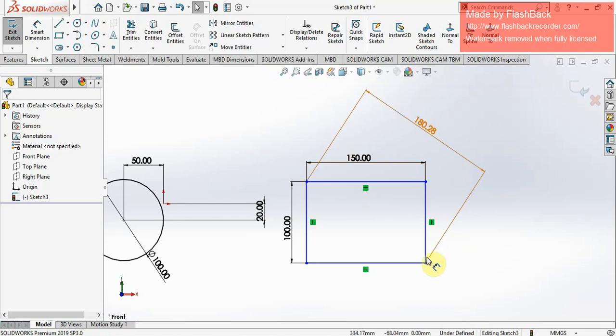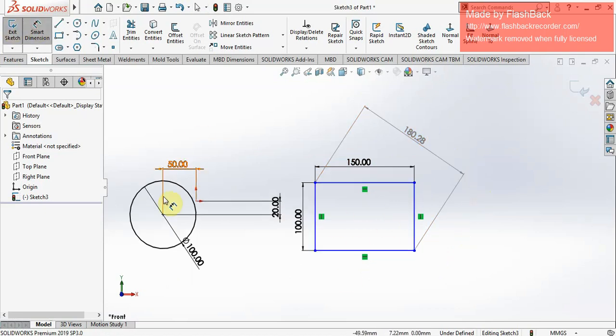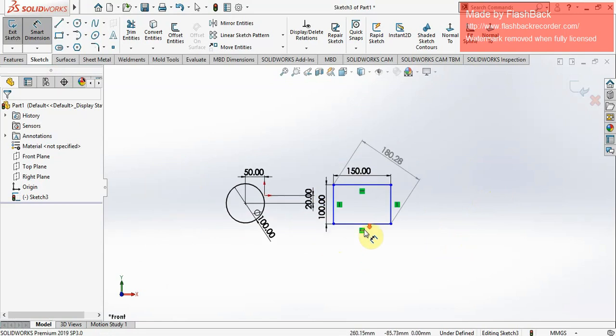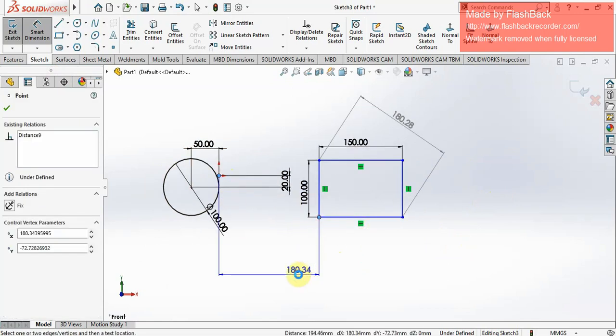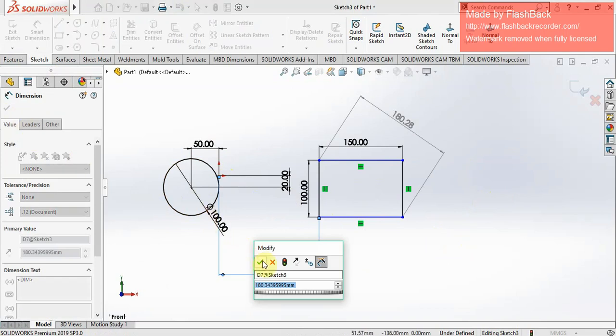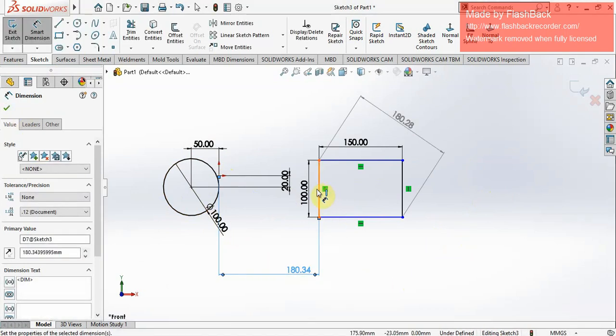Now again if you want to convert this into a fully defined sketch, we can specify its dimension with respect to the center. Now this is our center point, this point. 180 mm as it is. Now these two parallel lines are basically fixed.